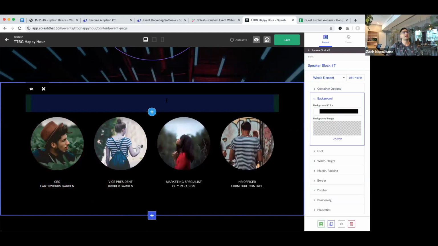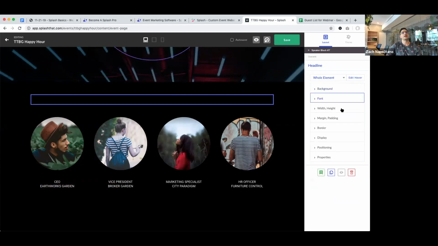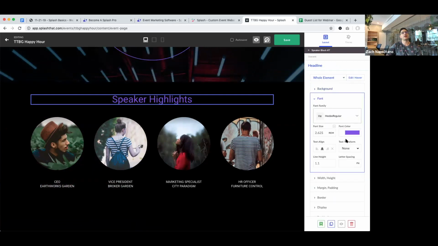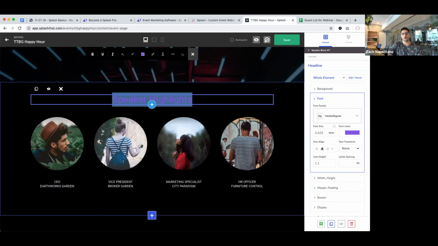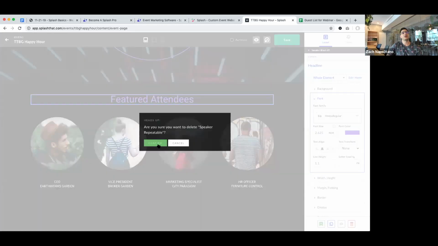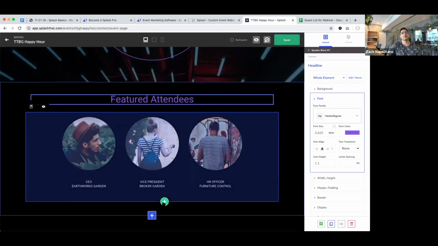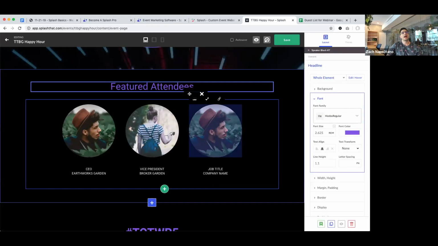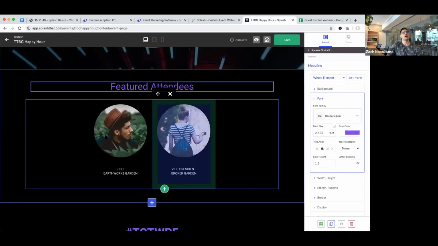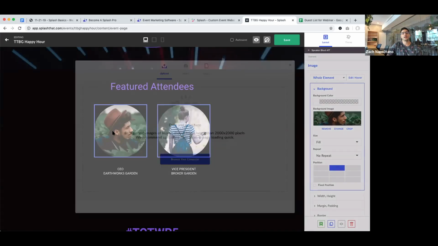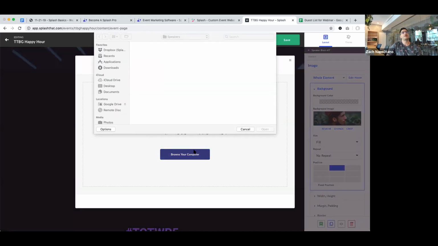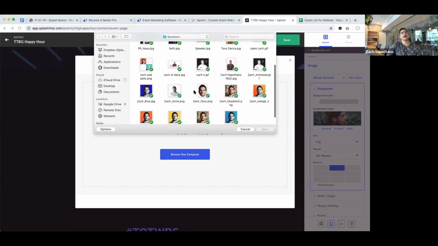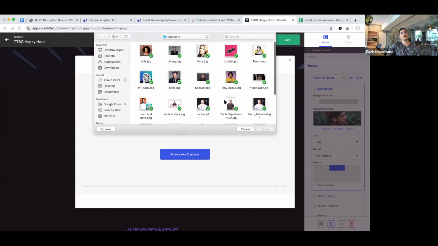The black. We'll go with a big prominent guests of honor section here, or featured guests, featured attendees. We only have 2 of them, so I'm going to kill these 2. If I had more, I would hit this green plus button to add additional folks. And this is going to be really easy for us. So I'm just going to come here and I'm going to upload an image. So using the image upload function, I will come into my speaker category and find an image of myself.